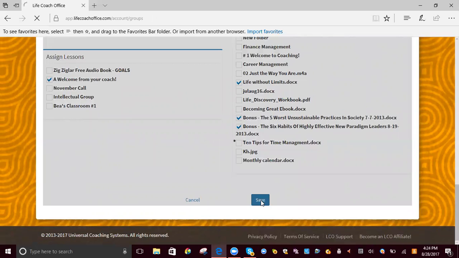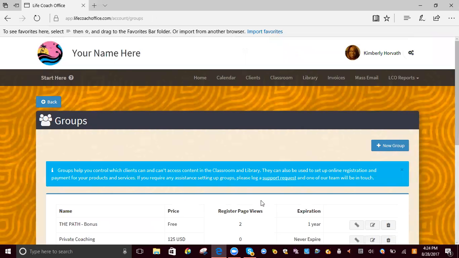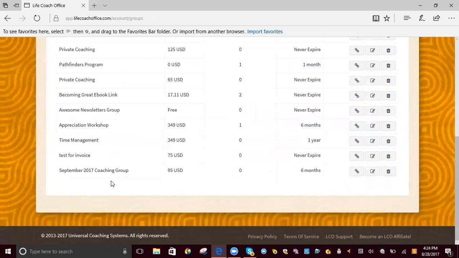So now, everything that I've given them access to, when a person signs up under the September 2017 coaching group, they will have access to all those areas, but they won't have access to anything else unless I go in and change the access later. So here we are, September 7th, 2017 coaching group. The price is $95. They have access for 6 months, and this says Get Links. So when you click that,